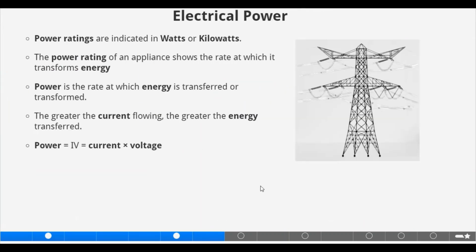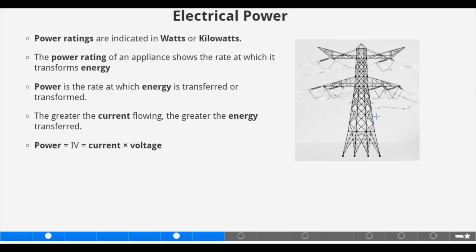Electrical power. Power ratings are indicated in watts or kilowatts. The power rating of an appliance shows the rate at which it transforms energy. Power is the rate at which energy is transferred or transformed. The greater the current flowing, the greater the energy transferred. Now, power is equal to IV, which is current times voltage. We can also have other